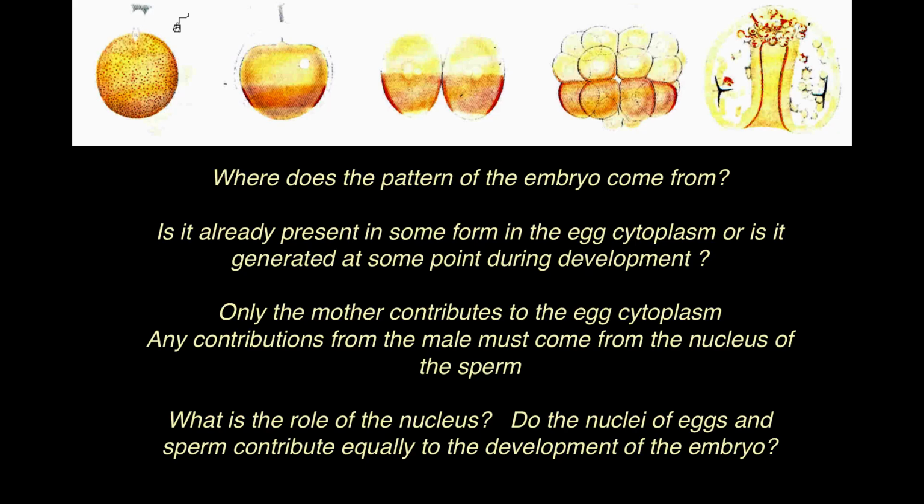At the time, embryos had been identified, had been studied. One knew you could follow the behavior and divisions of cells. One of the major questions was, where does pattern come from? Is it already present in some form in the egg cytoplasm, or is it generated at some point during development? Since only the mother contributes to the egg cytoplasm,